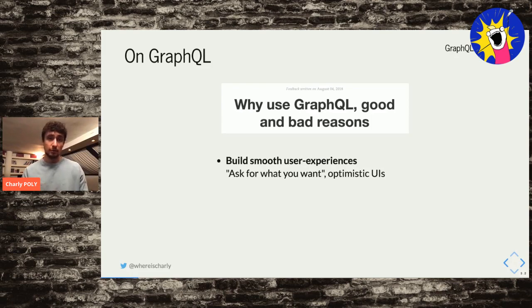So first, for example, by the optimistic UI on the mutation, so optimistic responses, as we call it. So being able to update the local, what is displayed on the UI before having the answer from the server, from the API, but also the different fetch policies provided by Apollo.